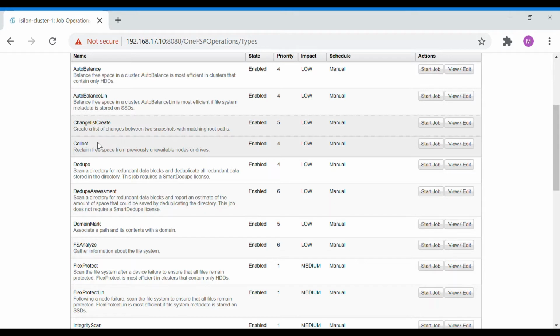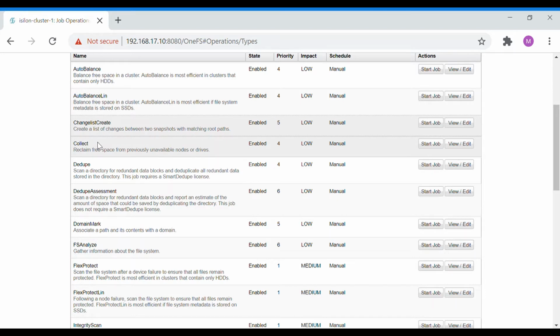This collect job is used to reclaim the free space from previously unavailable nodes or drives. So let's say you have a drive that has failed, so this particular collect job will run to reclaim the free space available.